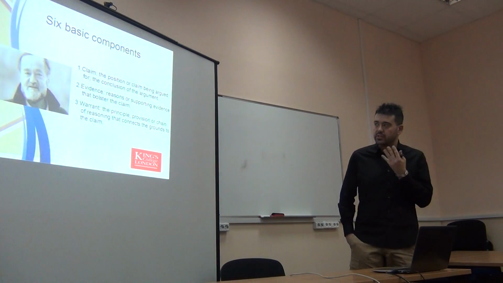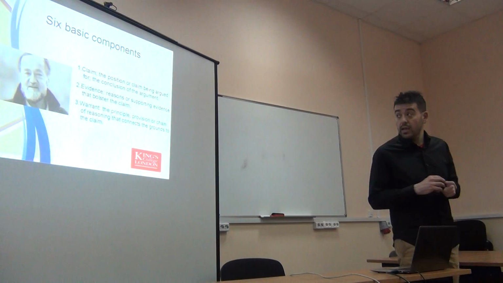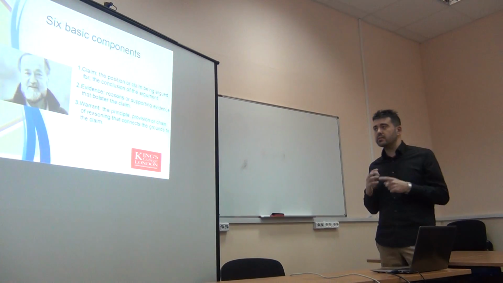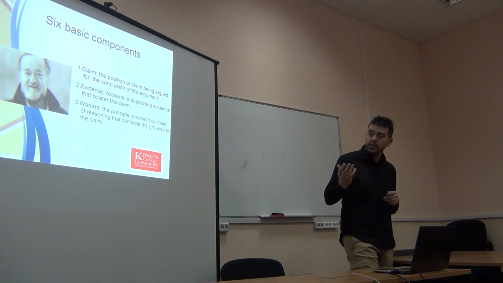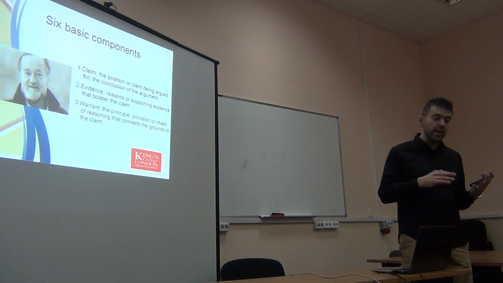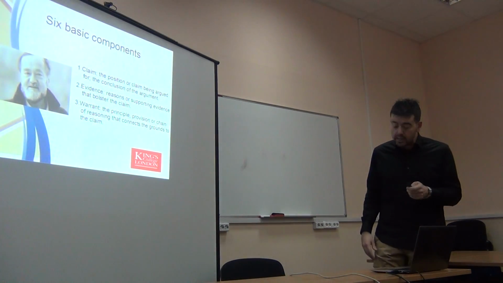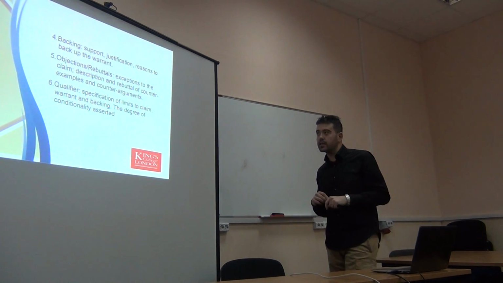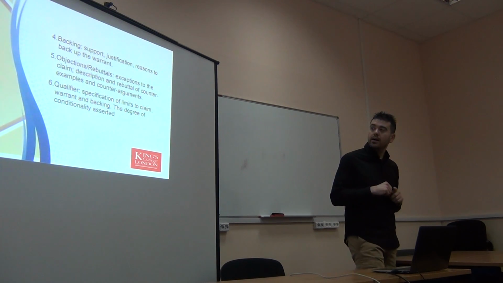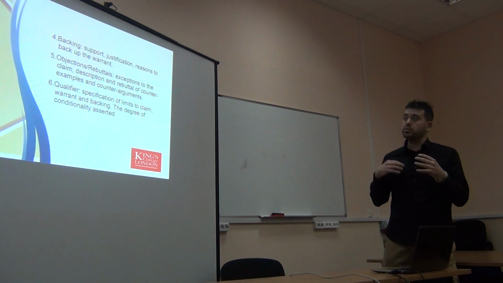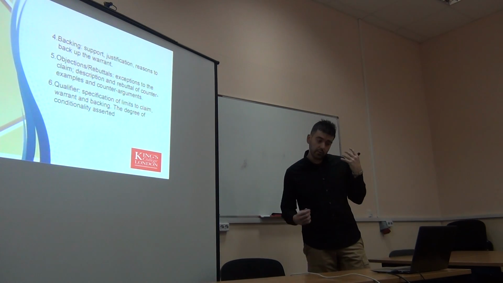the first component, which is the claim, the position that is being claimed, essentially the conclusion of the argument. Then you have, according to Toulmin, the evidence, which is the reason that is supporting this claim. Then you have the warrant, which is the principle or the chain of thoughts that connects the evidence to the conclusion, to the claim. Then you might have the backing. We will see why I say might later on. So that's something that supports the justification or provides evidence for the warrant, for the chain of thought that we